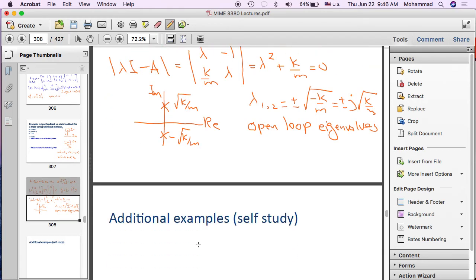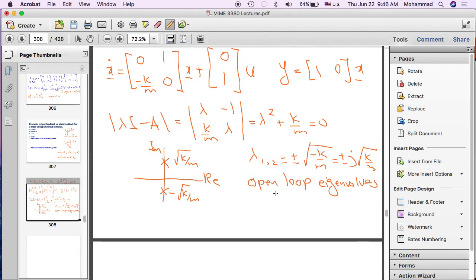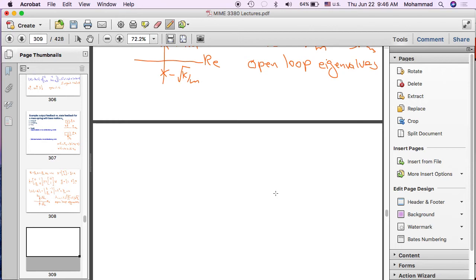So we are going to start with designing an output feedback. So output feedback. So the first thing is we're going to do